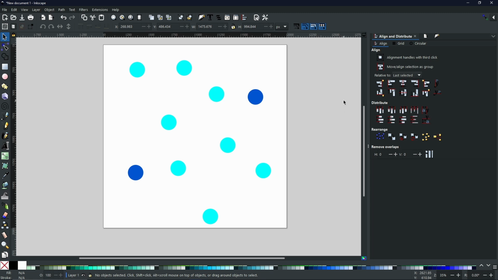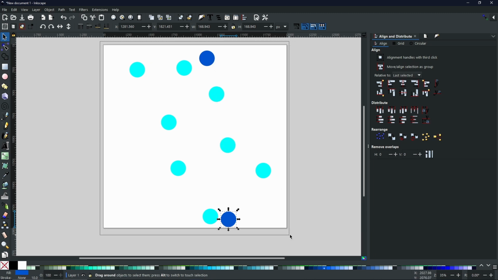So the reason that I have made 2 of these circles a different shade of blue is so I can show you exactly what I mean. Now I'm going to take this dark blue circle and I'm going to put it near the top. I want this to signify the topmost object. And then I'm going to do the same, but in reverse for the bottom. So now as a visual aid, you have got dark blue as the top and the bottom of all the shapes. Now if I was to select over all of them,